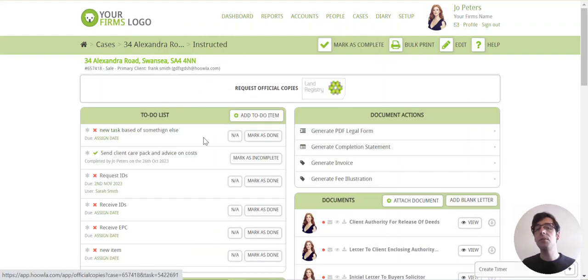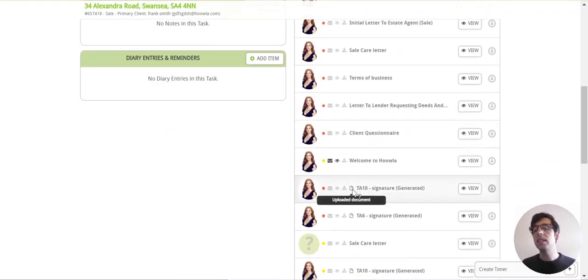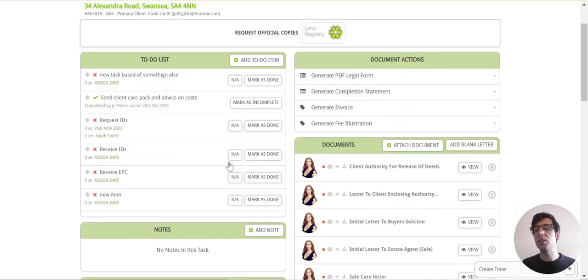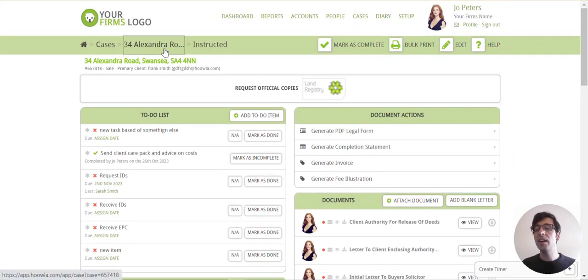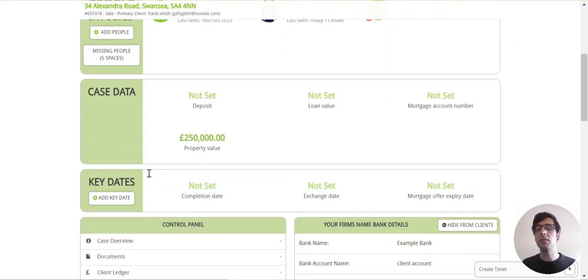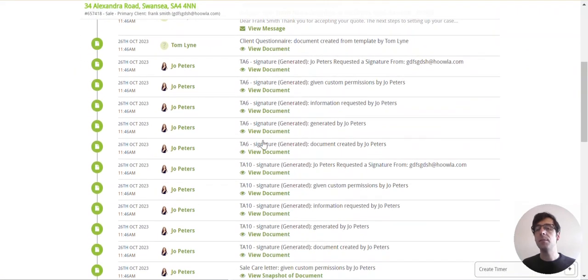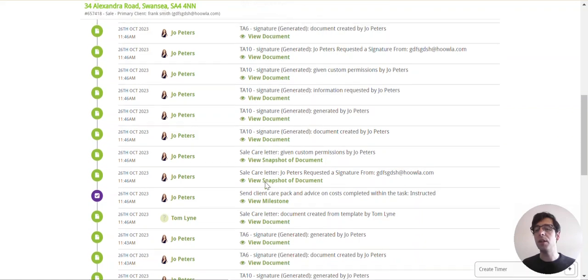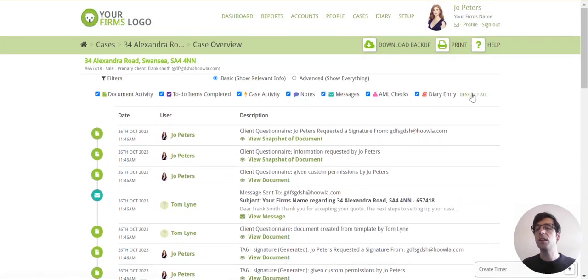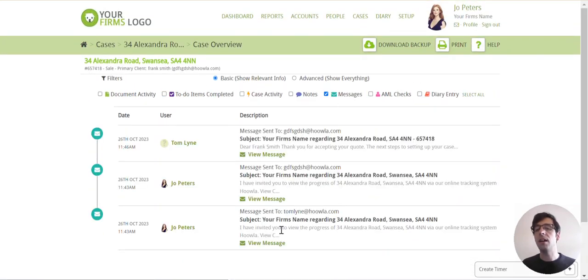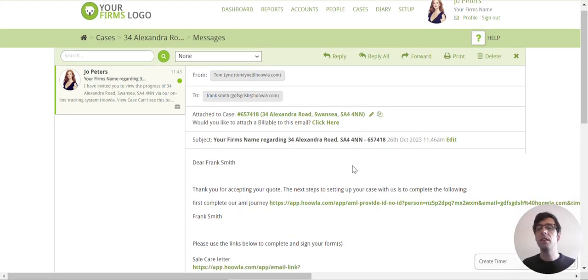Now, if I had to go and have a look at all these letters to see which ones have been sent or not, it'll be quite time consuming. But this is where the case overview comes in handy. So down on the control panel, I can now see Hoowla's done a lot of things by me pressing that button. But if I want to just see what emails I've sent out, I've just sent out the one email. It's invited the client to track the case, because we did that earlier, and it's invited my fee earner to track the case, but I've just got that one email that goes out to Frank